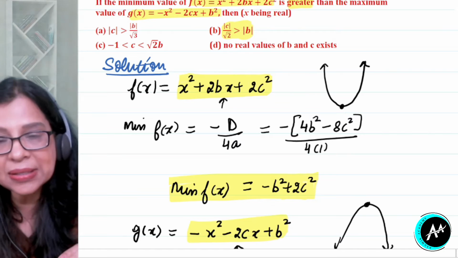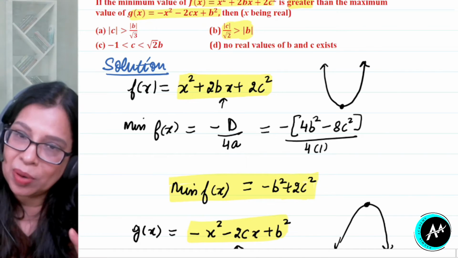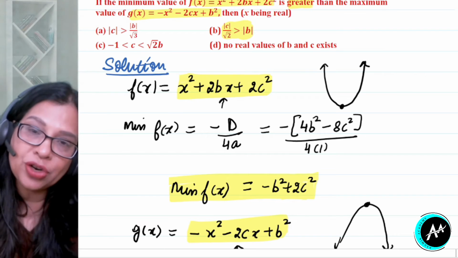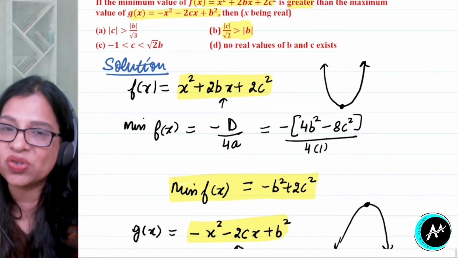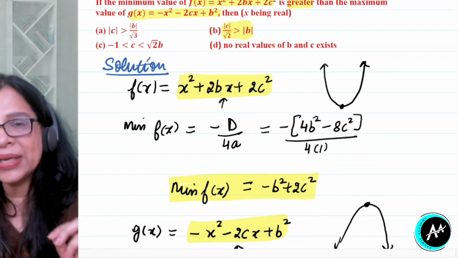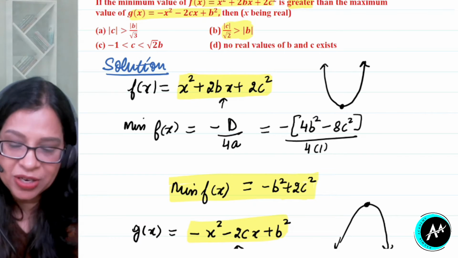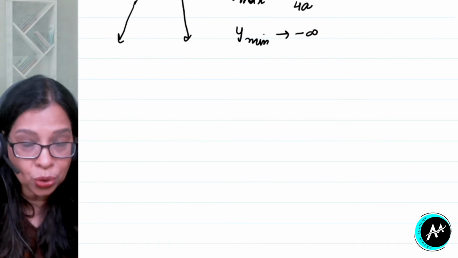So here they have discussed both the cases, maximum value also of a function and minimum also, right? So minimum occurs when you have coefficient of x square positive, and maximum occurs when coefficient of x square is negative. Alright. So this was regarding maximum and minimum value of a quadratic expression. Now let us see what is the next thing that we are going to do.